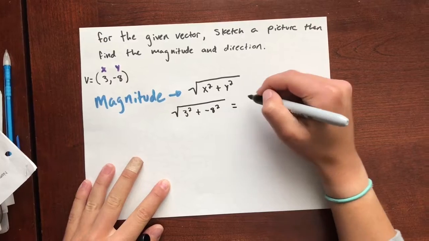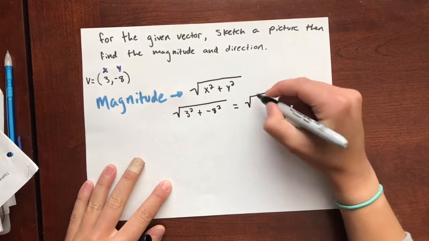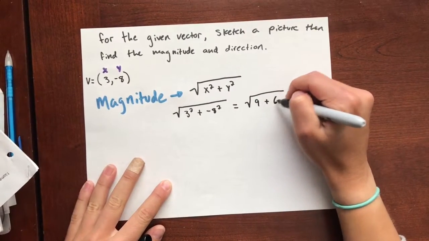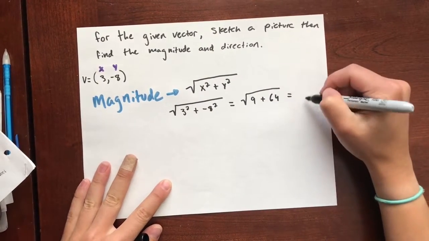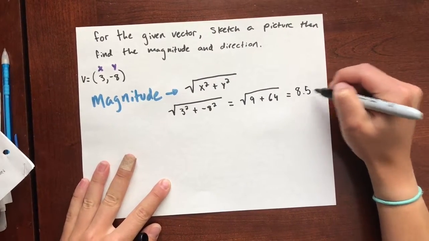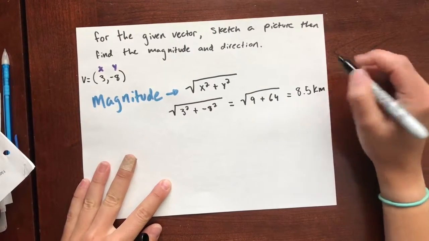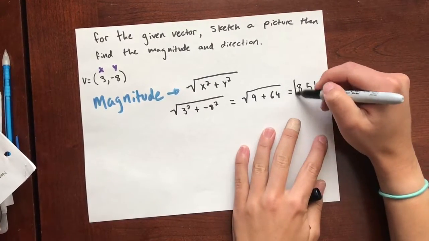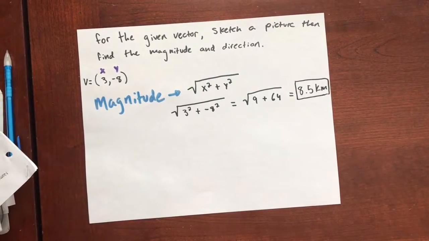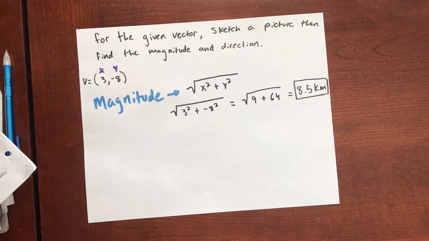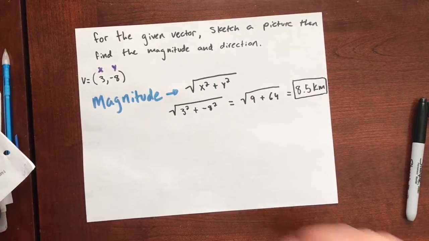And then this is going to equal the square root of 9 plus 64. And this equals 8.5. And that is our answer. Magnitude is just as simple as that. There's no harm, there's no foul in this equation. It's very simple. For direction,